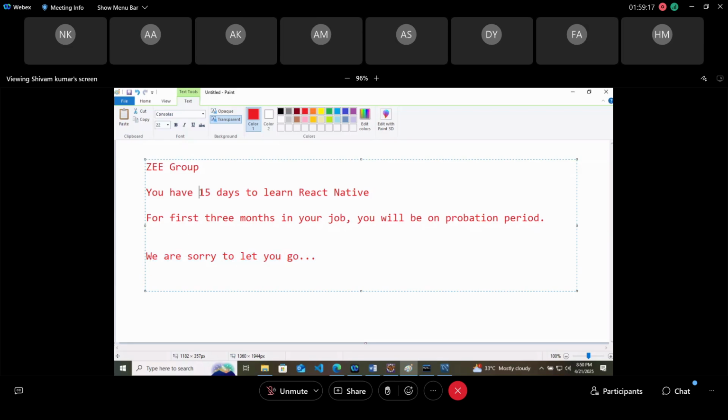So I was given 15 days. Already I was a senior developer, so learning something in 15 days is quite easy. I would say only 7 days are required. Because when you know the technologies, same code, same IOC, same dependency injection, same container, same CSS, same XML, what is the deal? You just need to learn some methods. I did it, and I went to the position of team leader there. And it happened with me 3 times.